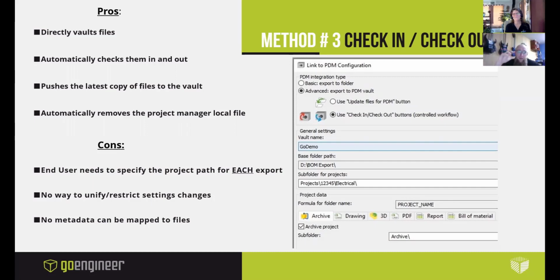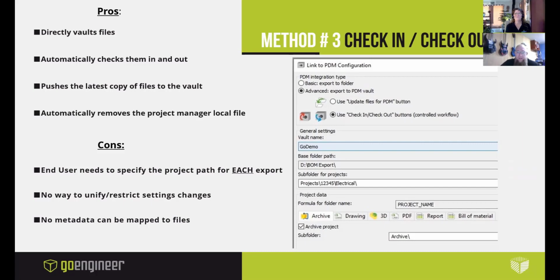And then one of the things that I learned from Cheri is that this importantly then goes and optionally removes the project from the local project manager as well. So if you're going to continue to work on the project, you can leave it there, but you can kind of clear it off of your local as well, which is pretty similar to that remove local cache within the PDM environment as well. Cons,